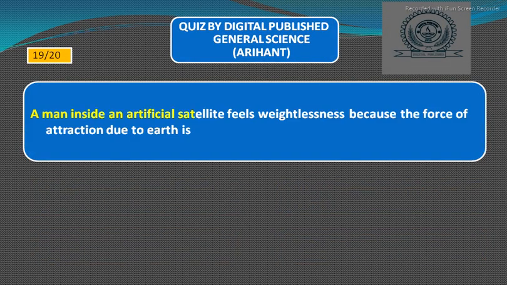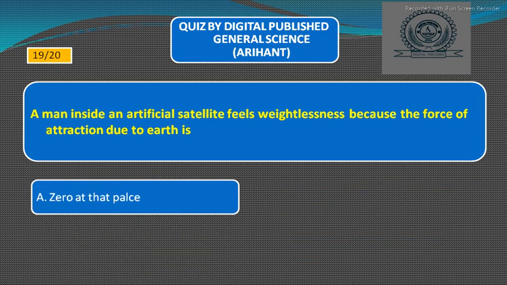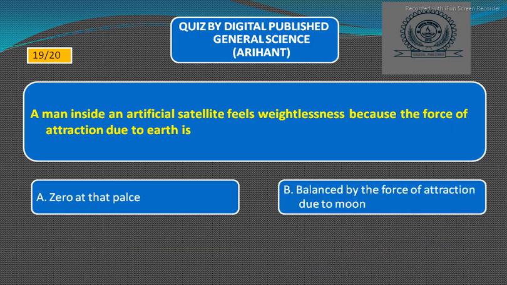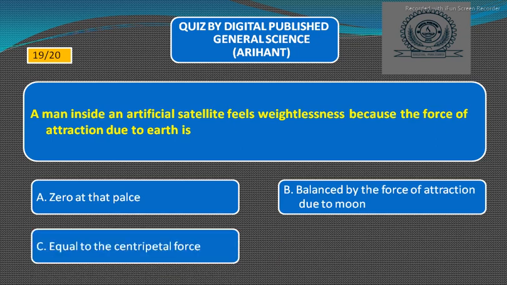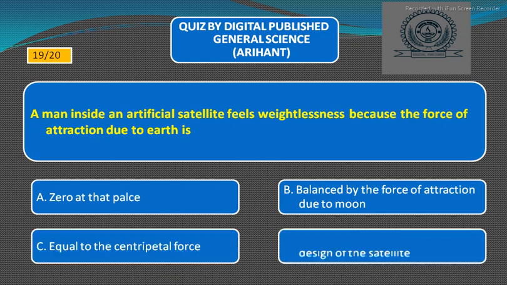A man inside an artificial satellite feels weightlessness because the force of attraction due to Earth is option A, 0 at the place. Option B, balanced by the force of attraction due to moon. Option C, equal to the centripetal force. Option D, non-effective due to particular design of the satellite. The right answer will be option C, equal to the centripetal force. Next,